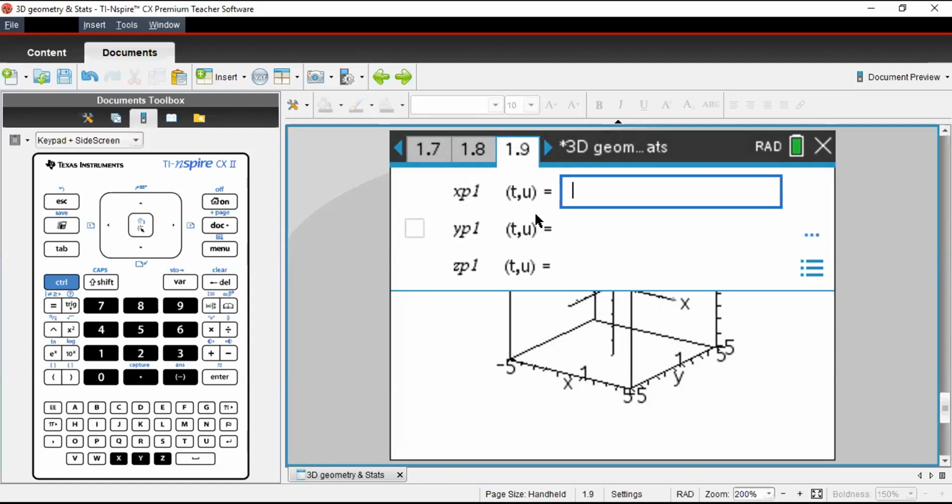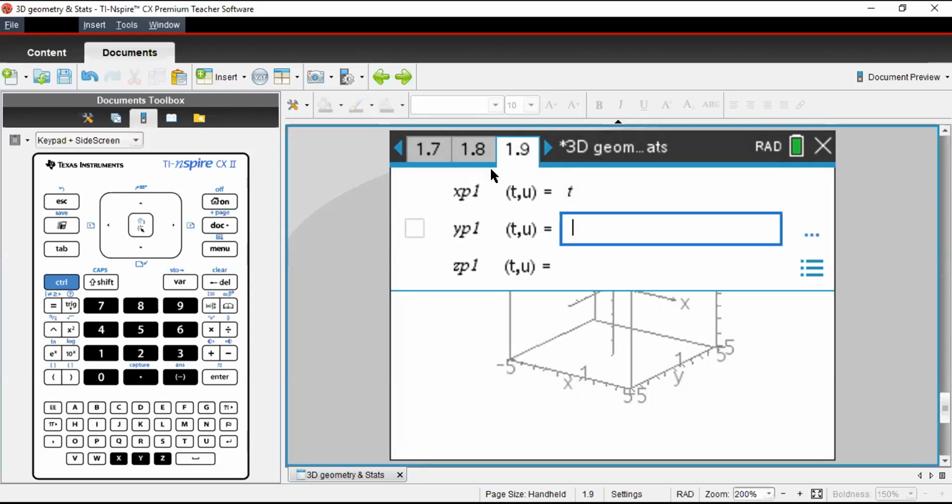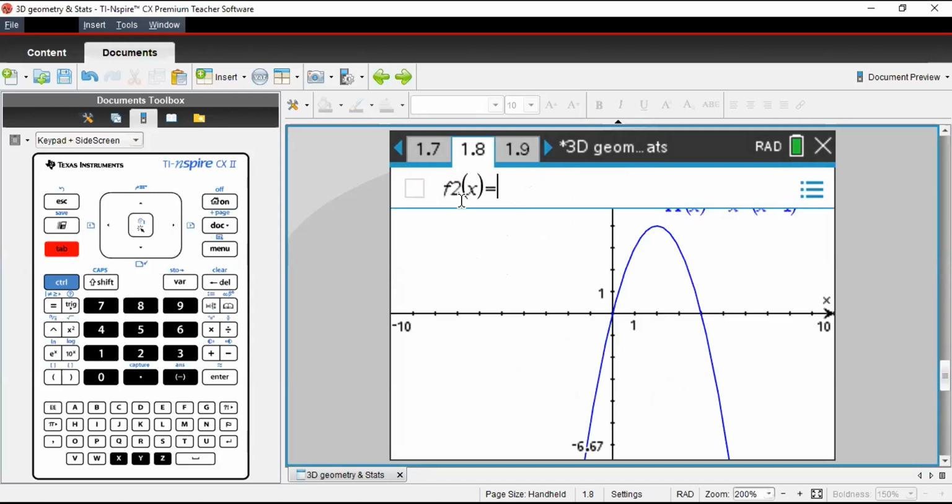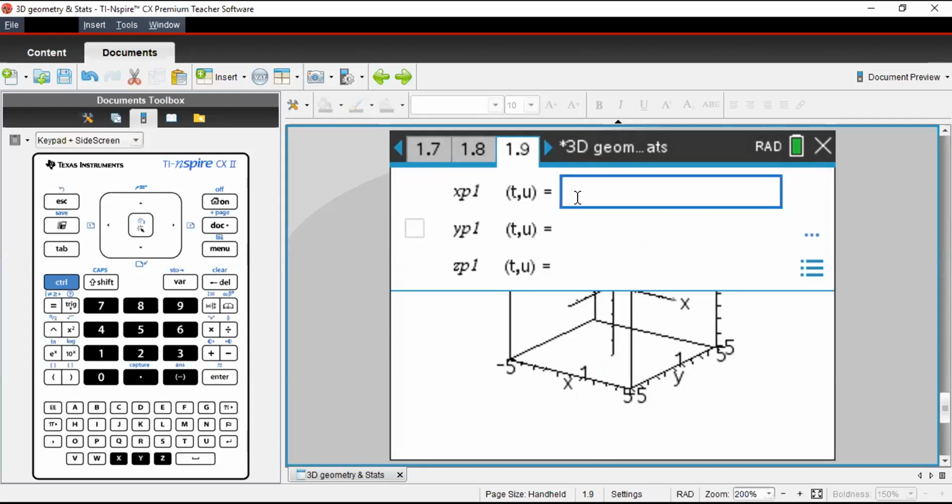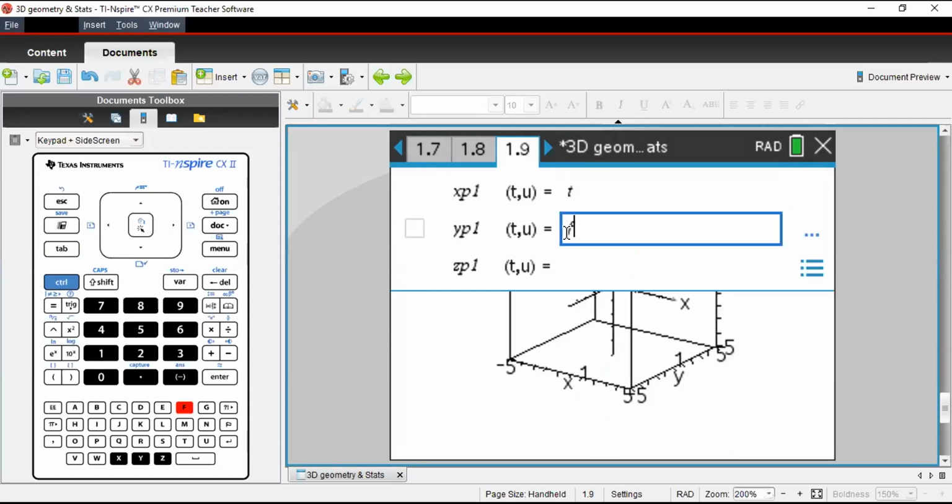So instead of x, our x coordinate will simply be t. And y coordinate, since we have taken the function in y, we are going to define this as f1. Since we have defined the function in our previous page, we can see it in bold. So instead of f1 of x, here we are going to take f1 of t.